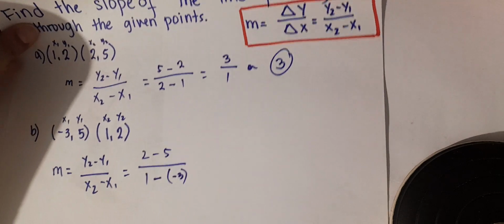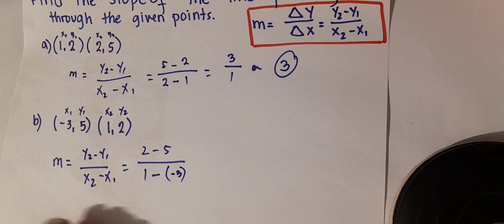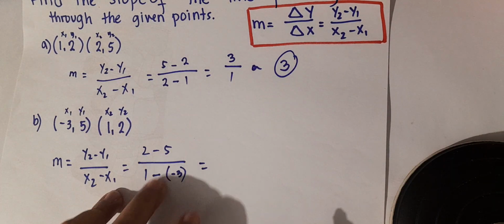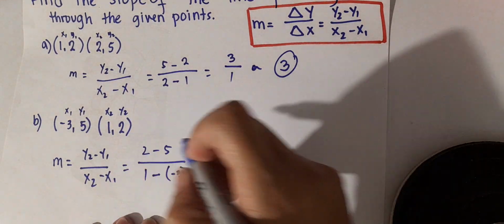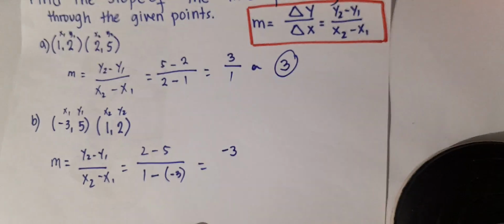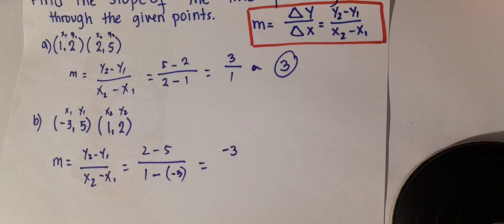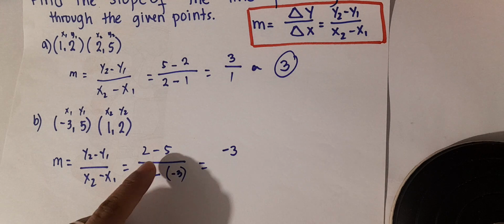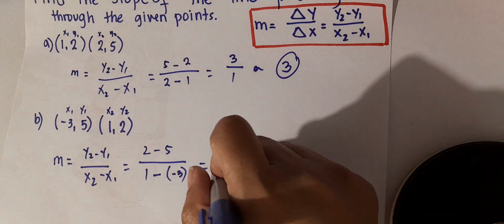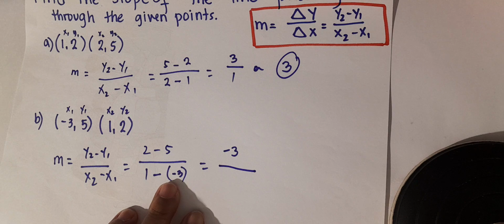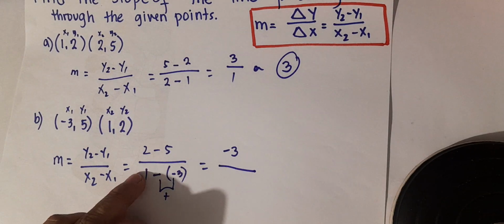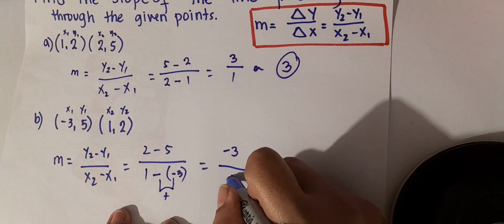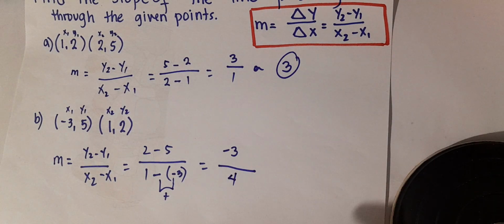So, what will happen when it's like this? Again, 2 minus 5 will be 3, but the sign of the answer will be negative, because remember, 5 here is bigger and the sign of 5 is negative. Over, negative, negative, what will happen? The final sign of this one will be positive. So, that will be 1 plus 3, which is equal to 4. So, this is the slope